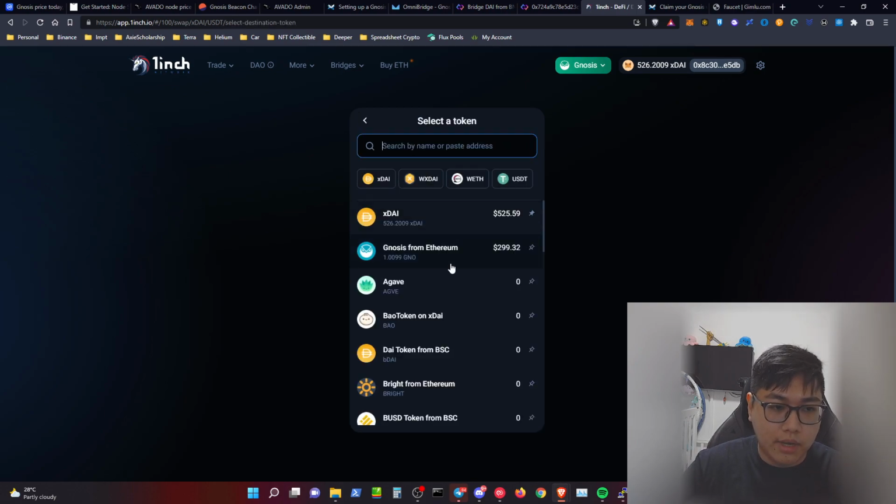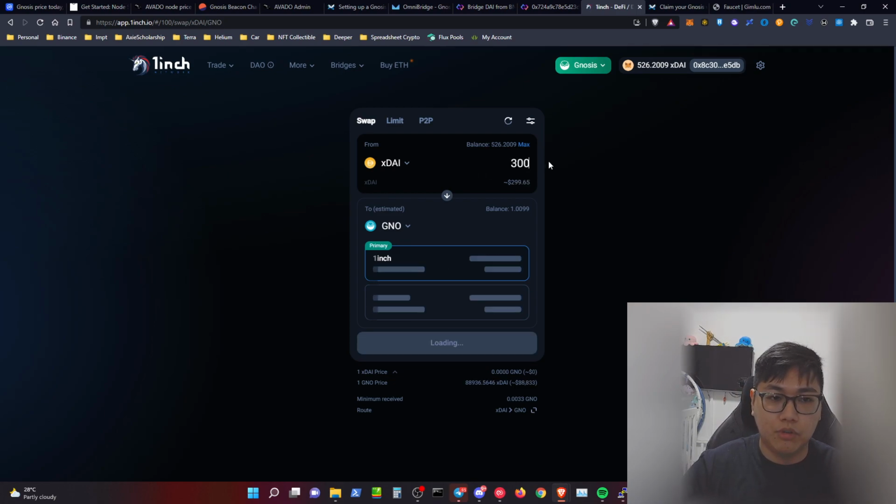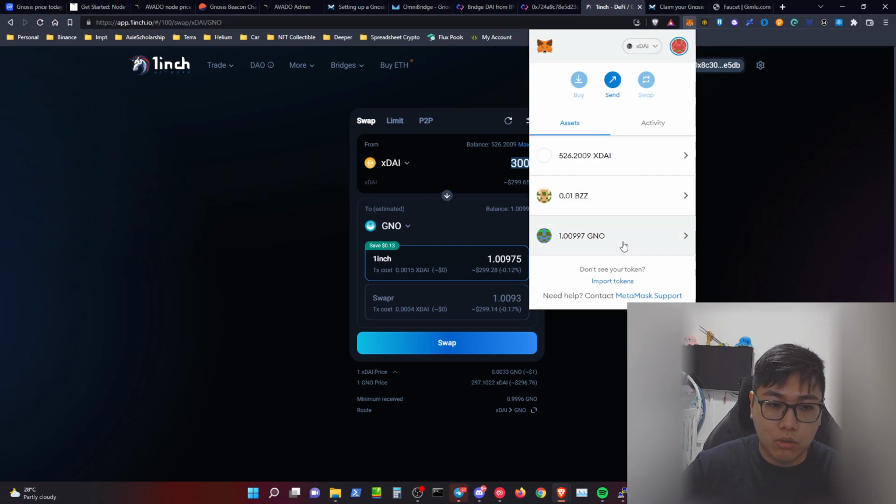Now we are going to get some GNO tokens. We're going to choose this over here. Very simple to do. Just put $300 because you already withdrew and everything. You will have roughly $319 left after the transaction. Over here we're going to do a conversion of xDai to GNO, and of course make sure you're on the Gnosis chain. Once you've done this, you are able to approve and swap, and you will already have some GNO token lying around in your wallet.